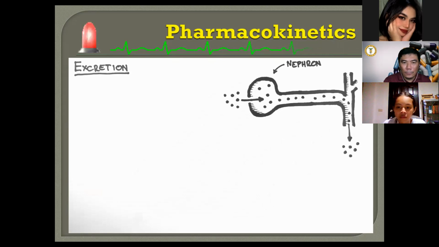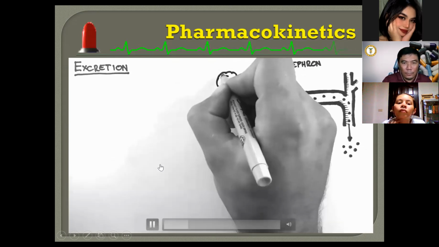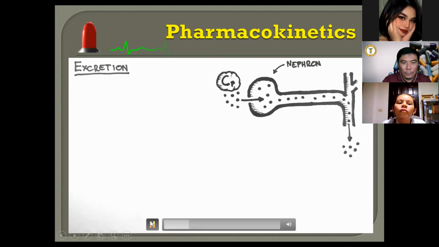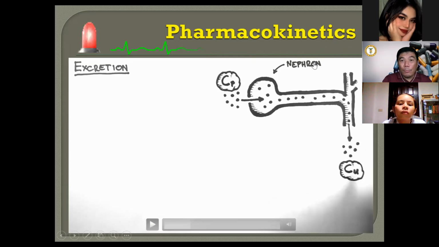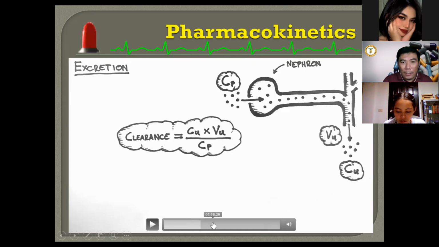So we can define some values here. First of all, there is a certain concentration of the drug in the plasma. We'll denote this Cp. Secondly, there will be a certain concentration of drug in the urine. We'll denote this Cu. Now what is clear is that after the hepatobiliary system, the drug will be excreted, entering the nephron and going out with the urine. Those are the only two parts necessary for it.